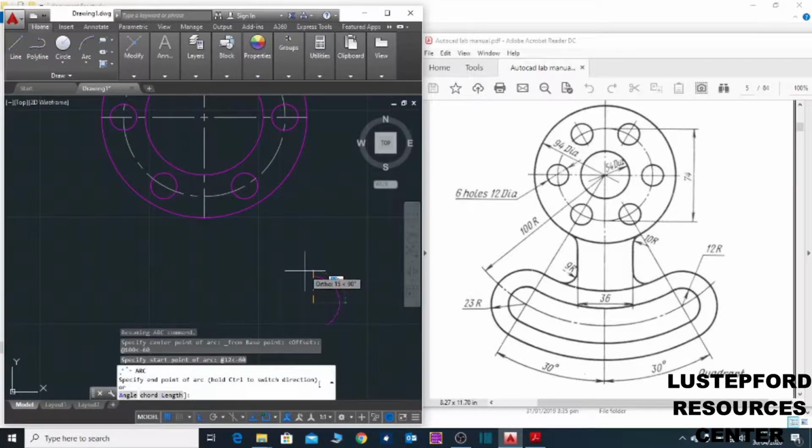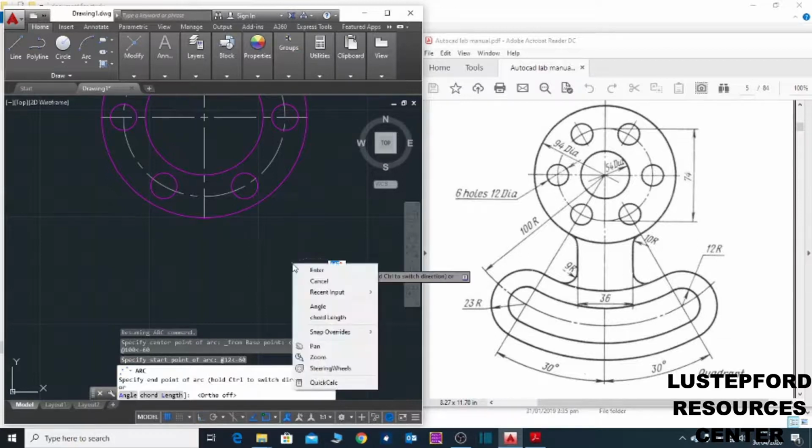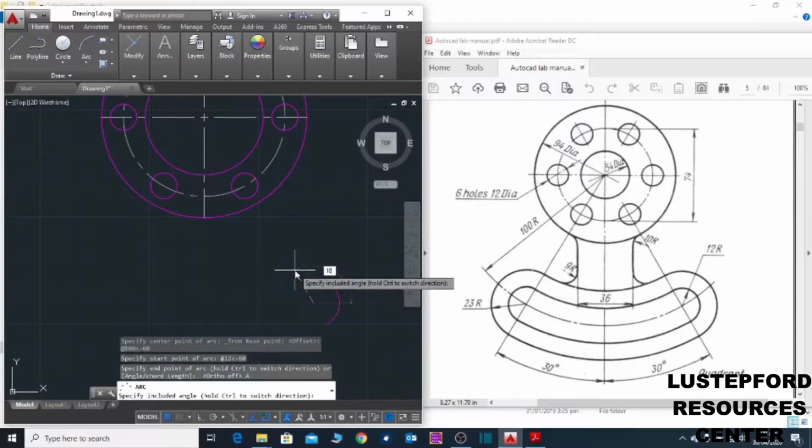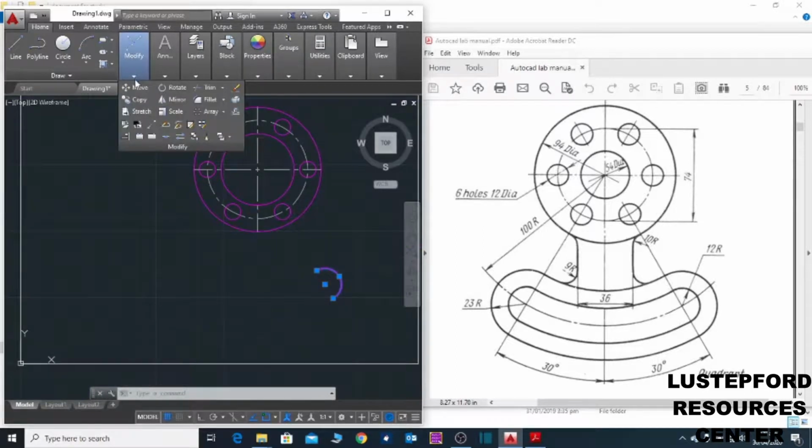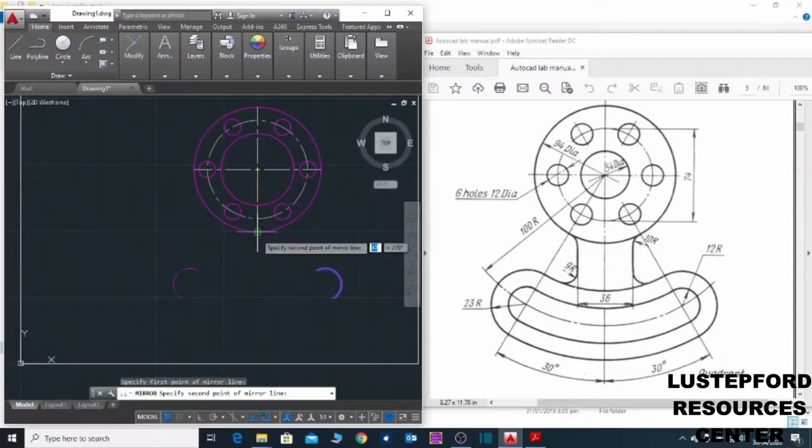You turn off the auto by clicking the F8 key, or by clicking it. Now right click and select angle at 180. Select this point and this point. Object, I will say no. So the source object is there.